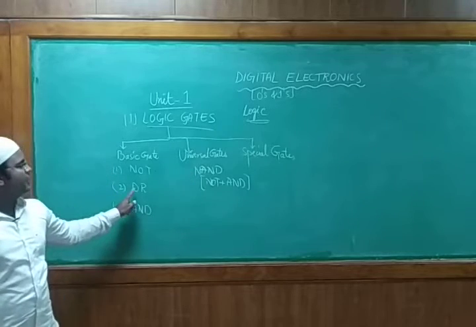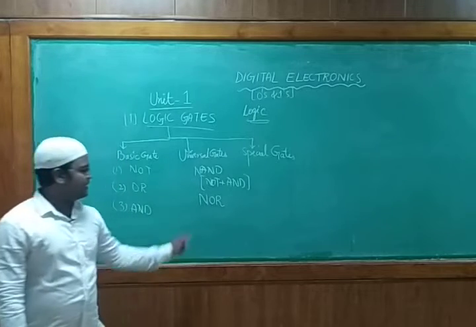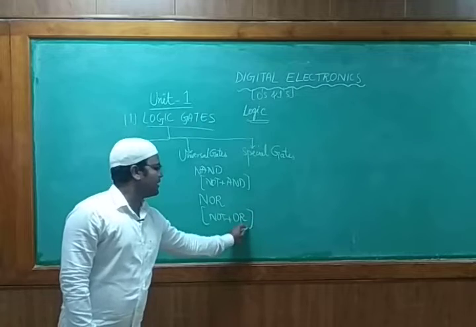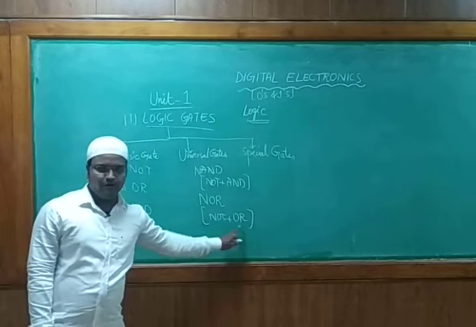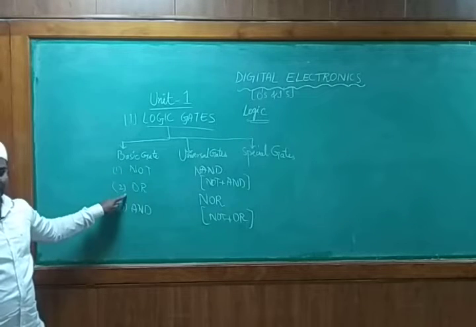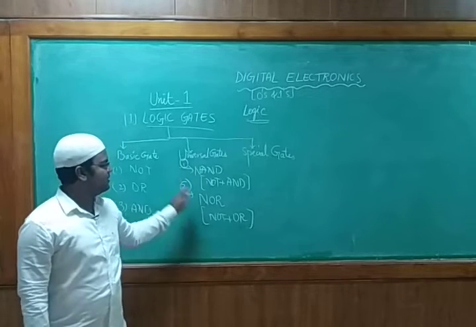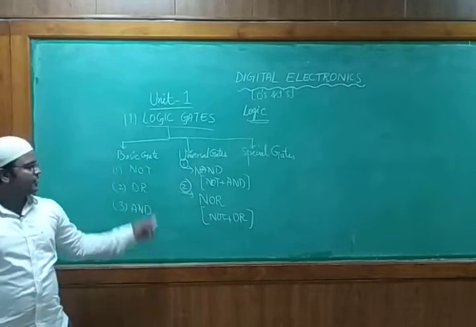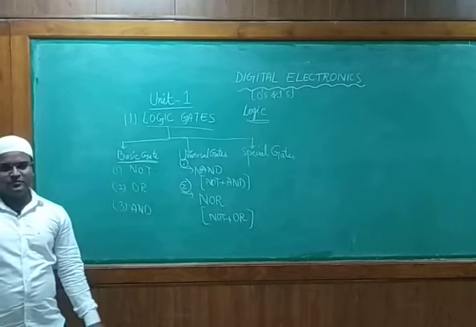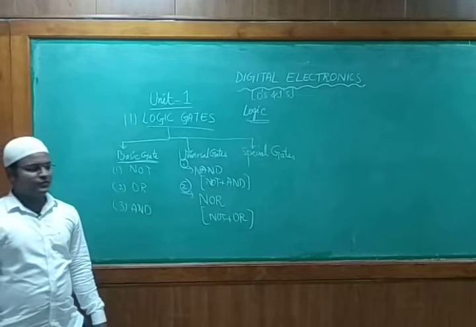Similarly, the next type is called the NOR gate. To design the NOR gate, we are considering NOT gate plus OR. So we are combining NOT plus OR. Both are basic gates, so we take these two gates and get the second category of universal gate, that is the NOR gate. So basically, to design the universal gates, the basic thing is the basic gates. If you have knowledge of all the basic gates, we can further implement other types of universal gates.